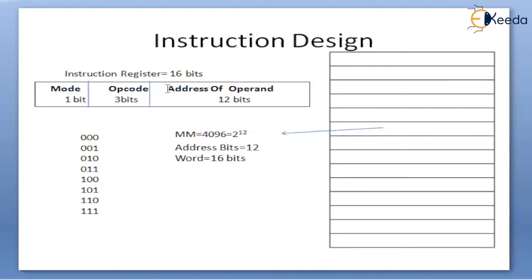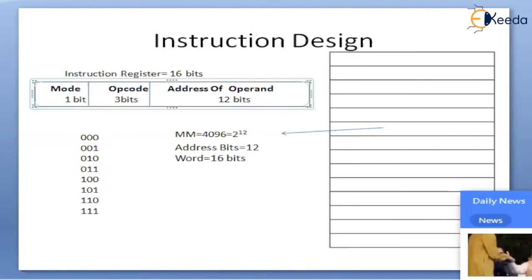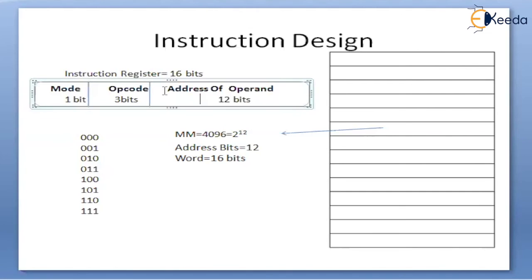Likewise. The third important field is the address of the operand. What is this address of the operand? Try to understand. In order to perform an operation, I require some operands, right? When we want to perform an operation, we need operands. How many operands do we generally require? For any arithmetic operation, I require 2 operands. One operand will be shown as part of the instruction. This address of the operand specifies one operand.